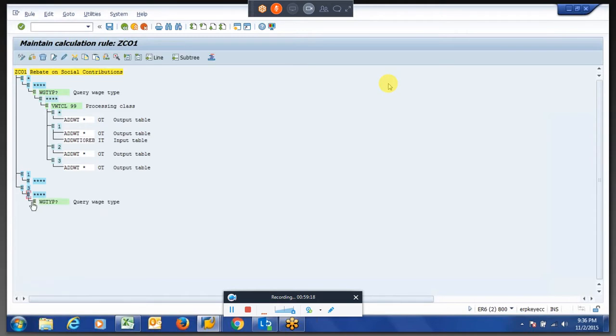Whenever you are using the processing class, we do not have a specific thing for Gen and NOAB to give in parameters 3 and 4.